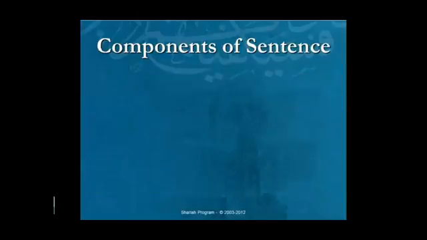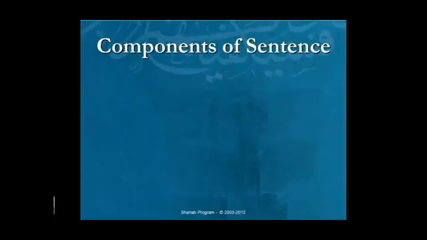Now, the components of the sentence. The grammar people recognize that we have fundamentally two kinds of sentences, which in English do not exist, because in English the noun is at the very front all the time. But in Arabic there's a possibility of the verb being at the front. If one chooses to speak a verb, then that's what will happen. If there's no verb at all, then the noun will be at the front.